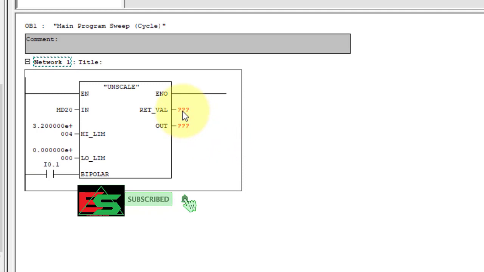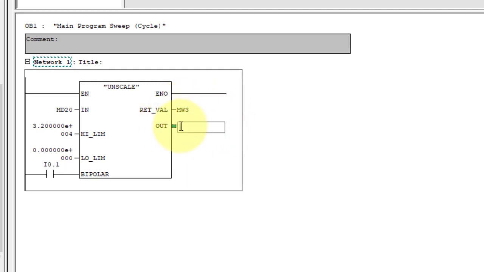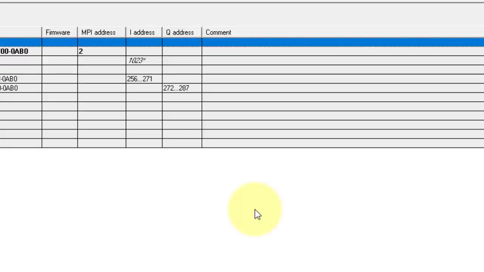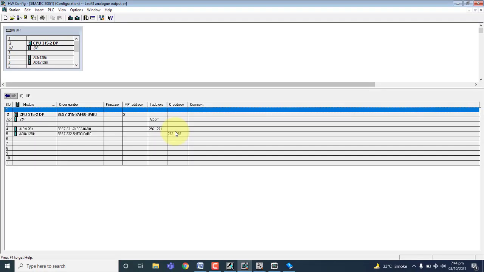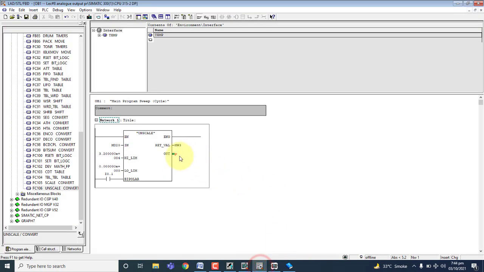Okay, and the real value in will be stored in word register 3, and the output will be in PQW 272 as in our addressing of the analog output module. 272 is our channel number 0, so I will use here PQW 272.